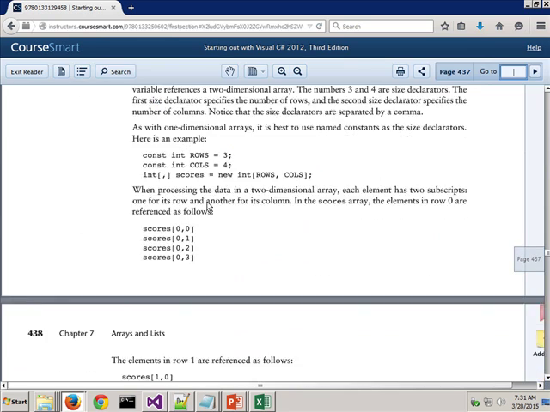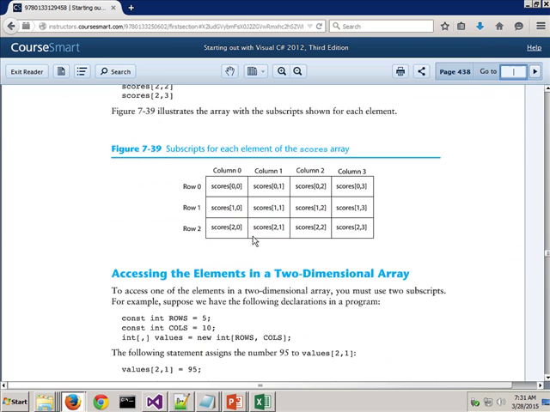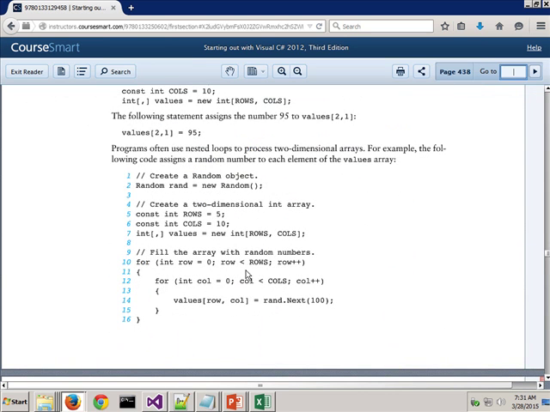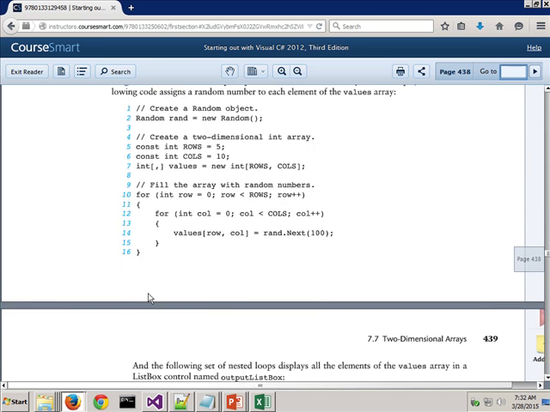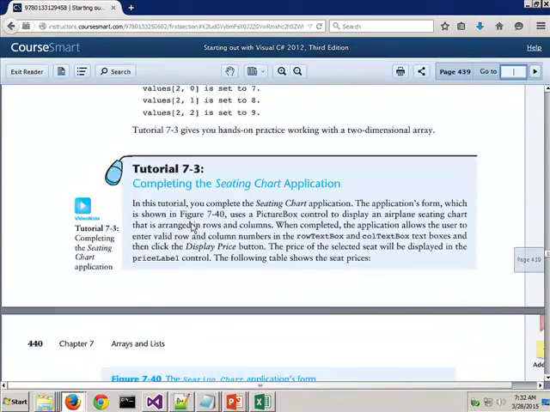There's an algorithm or a little program here on 438 that shows you how you can go through and access the elements that are in a two-dimensional array. You'll notice that you have one for loop for each dimension. So if you had a six-dimension array, there'd be 6 for loops. A for loop within a for loop within a for loop within a for loop within a for loop within a for loop. If you want to sum those numbers together as they show on 443,